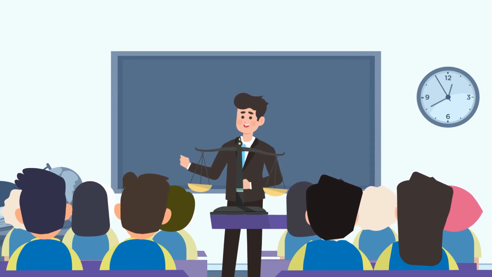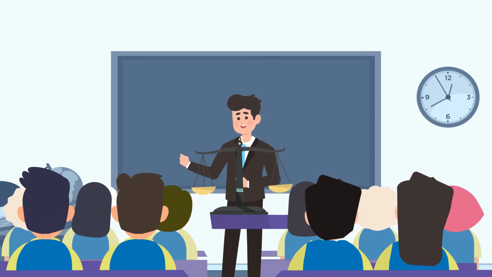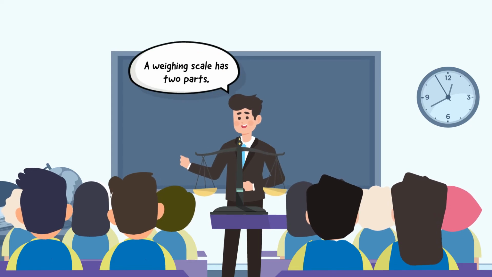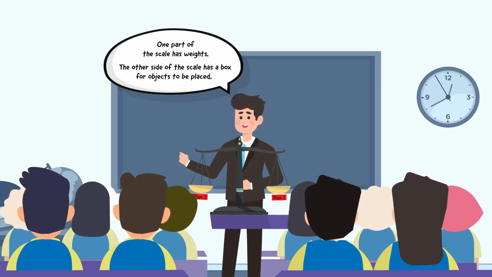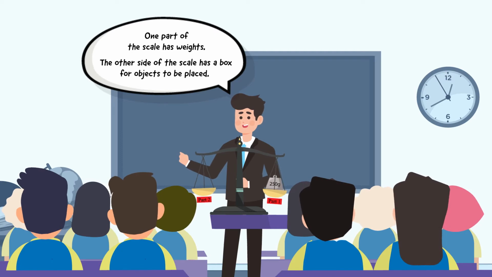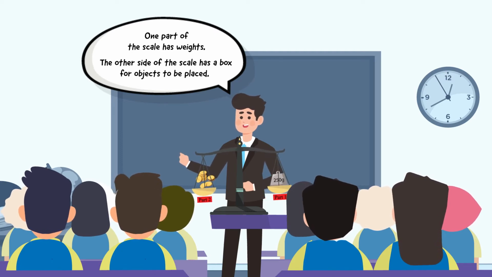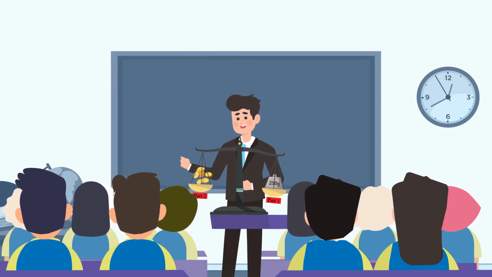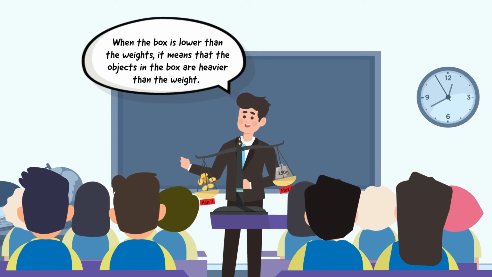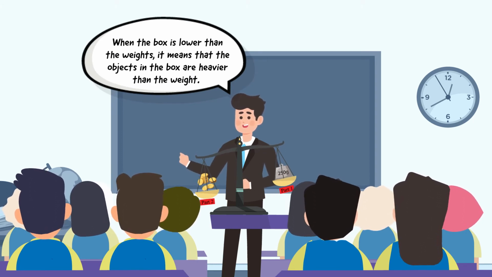Now, conclude by discussing weighing scales with the students. Tell them that a weighing scale has two parts. One part of the scale has weights, the other side of the scale has a box for objects to be placed. When the box is lower than the weights, it means that the objects in the box are heavier than